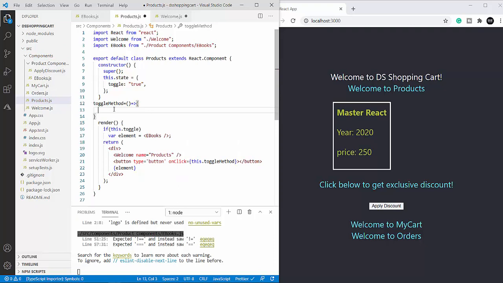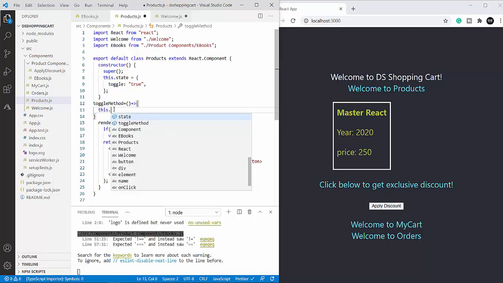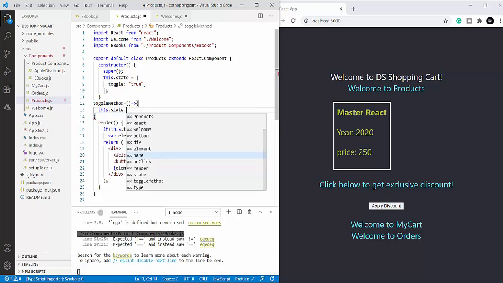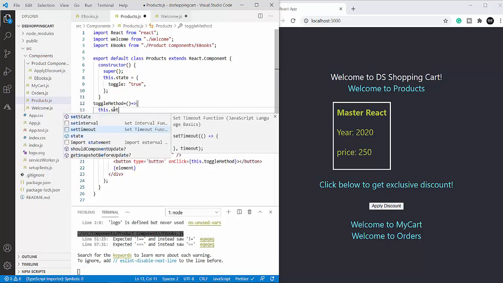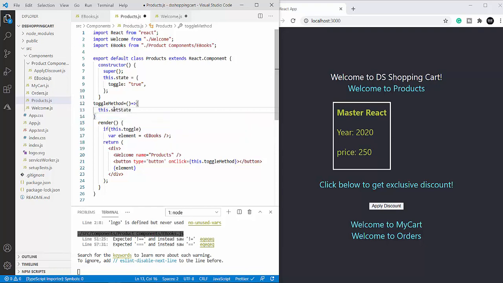Inside this I'm going to call this.setState of toggle equal to false. What if it's false?